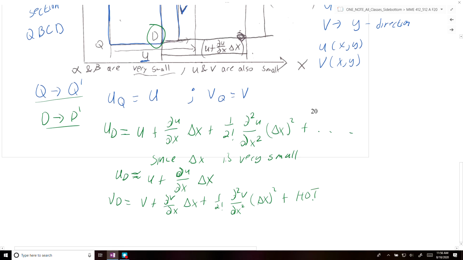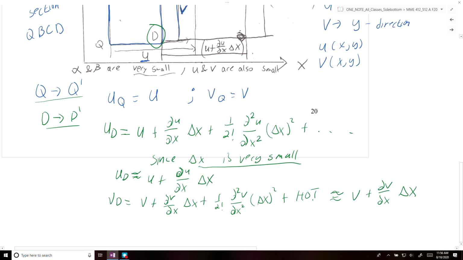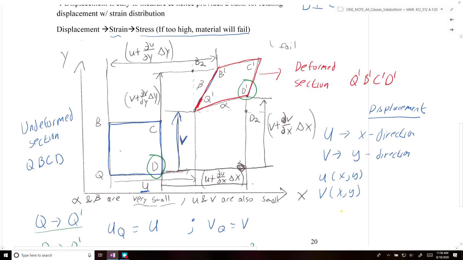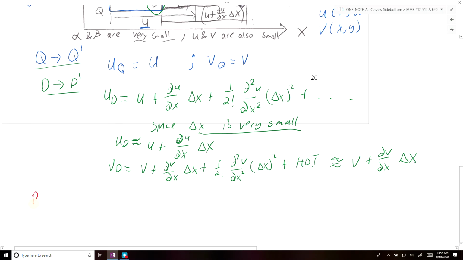Again, since delta x is very small, we can assume that this is going to be approximately equal to v plus dv/dx delta x. All right, and then the last point we're going to look at is point B. So when we're going from point B to point B prime here, all right, if we look at going from point B to B prime, we can calculate u of b